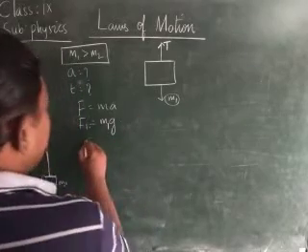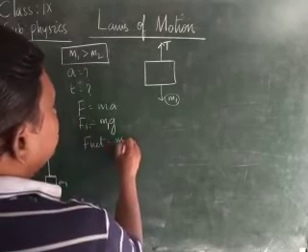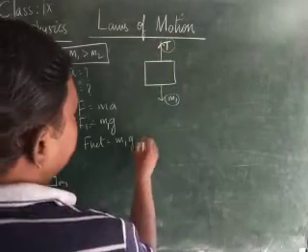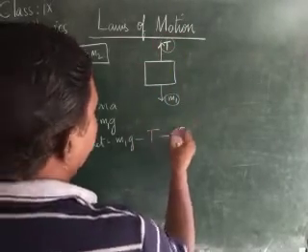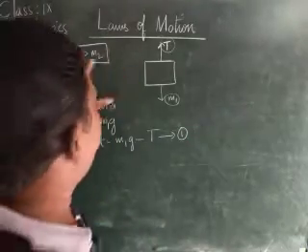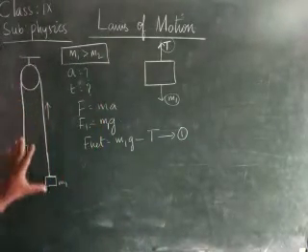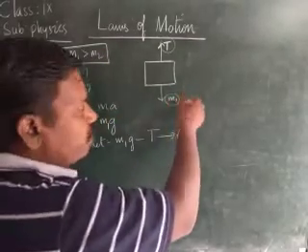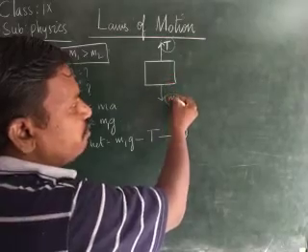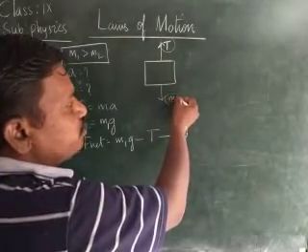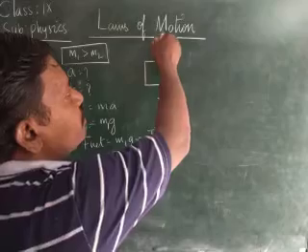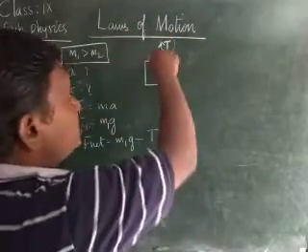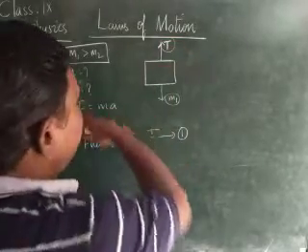But here, children, the net force acting on this one is given as m1g. m1g is greater than the tension of the wire. Okay children, see here, if we take the free body diagram, when the body is moved in the downward direction, the force is exerting in the downward direction, whereas the body has mass m1, and it is moving with gravity g. When it is moving with gravity g, the tension of the wire is applied in the opposite direction, in the upward direction.